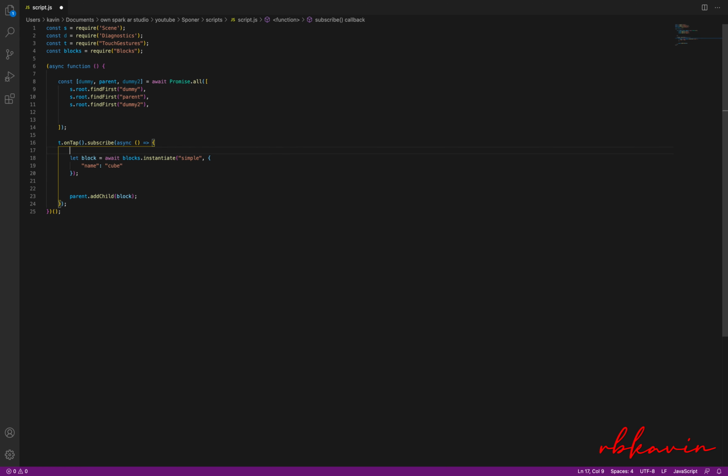So now we can just write dummy2.world transform.position equal to, and we'll just copy paste this entire thing and normal dummy.